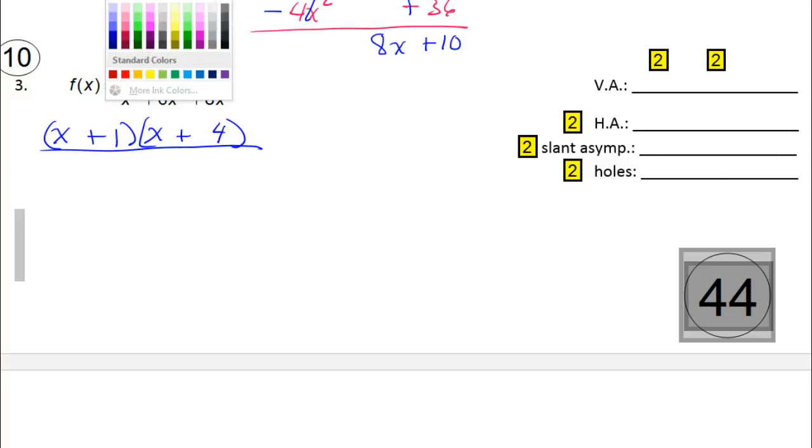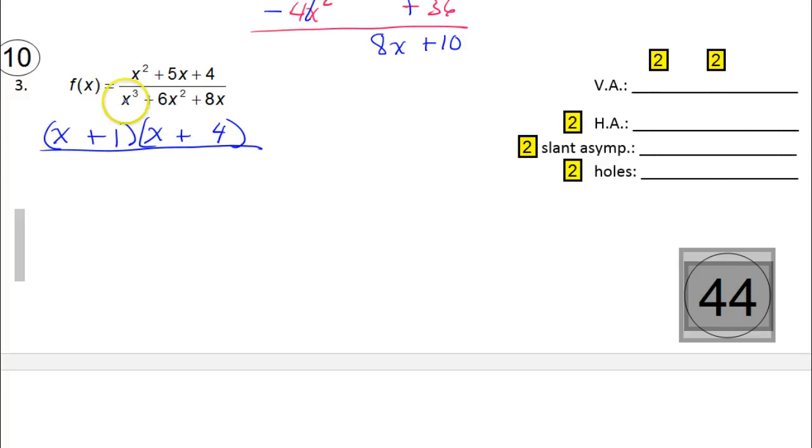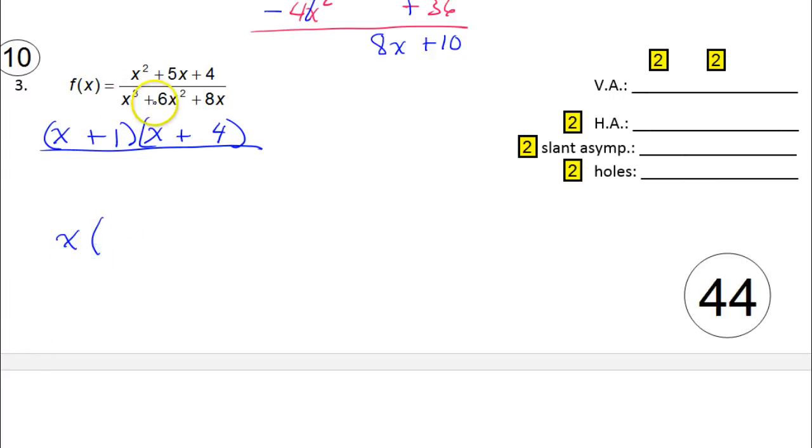Now, looking at the denominator, first of all, I see a GCF. There's a common factor here. So if I take that out, I'm going to leave myself the space here. If I bring out just the x, dividing each of these by x gives me x squared plus 6x plus 8. Now I'm going to bring this up and put it here, but I'm going to factor this trinomial further. So I have the x,